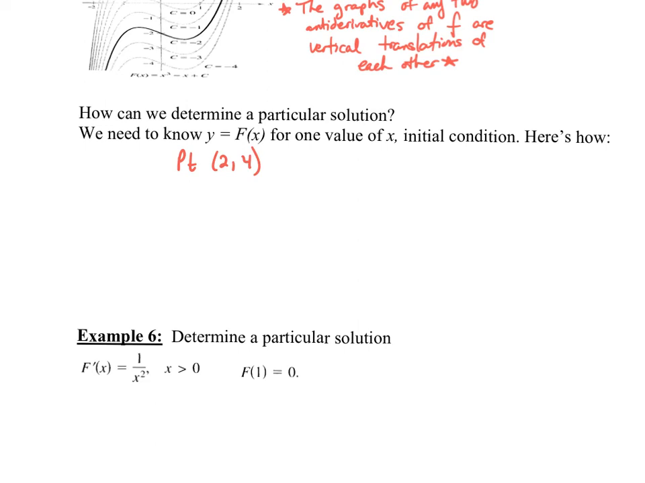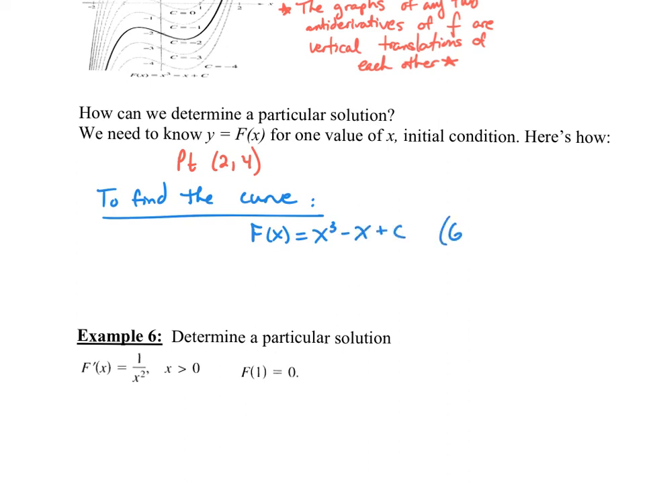If I want to find what that curve is, I have to start with my general solution. So to find the curve, I have f of x is equal to x cubed minus x plus c. This is considered the general solution. Then I'm given my initial condition. F of 2 is equal to 4. I'm going to plug in that initial condition. F of 2 is equal